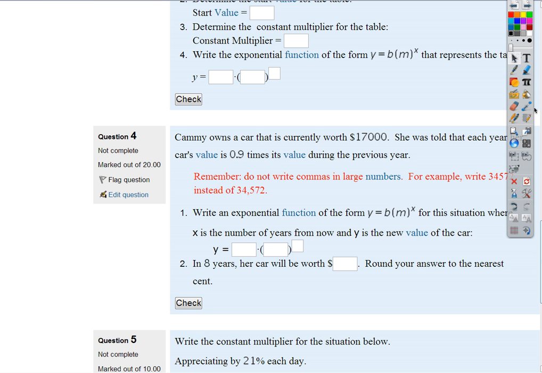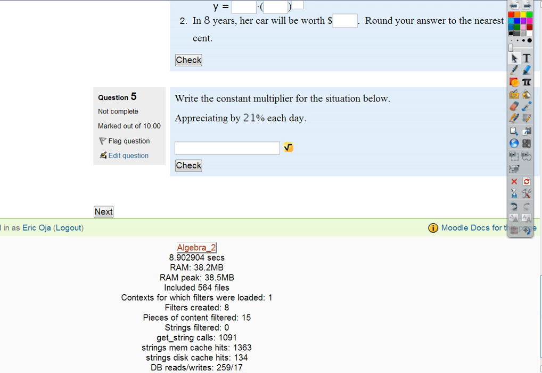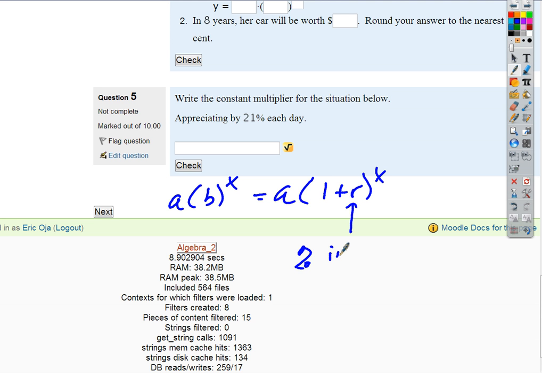Okay. These are also very simple. Don't make these harder than they are. All they want here is what is the constant multiplier, and that's it. So if it's appreciating by 21%, is it going up or down? Up. Okay. Remember what we said about if we want to use a percent in there, instead of writing the function as a times b to the x, we write it as a times 1 plus r to the x, where r is the percentage change